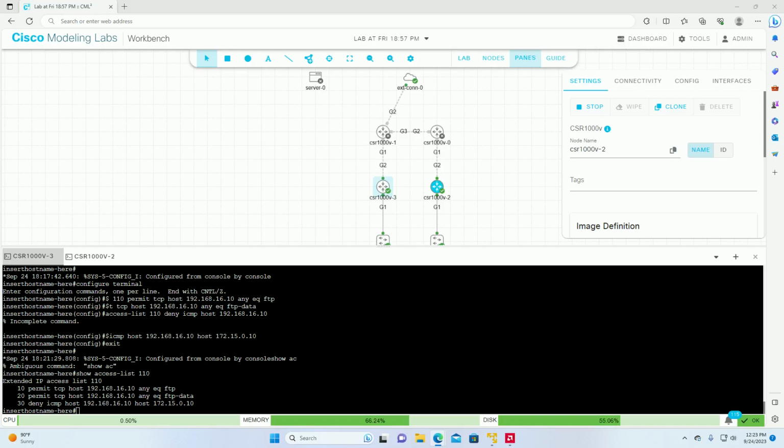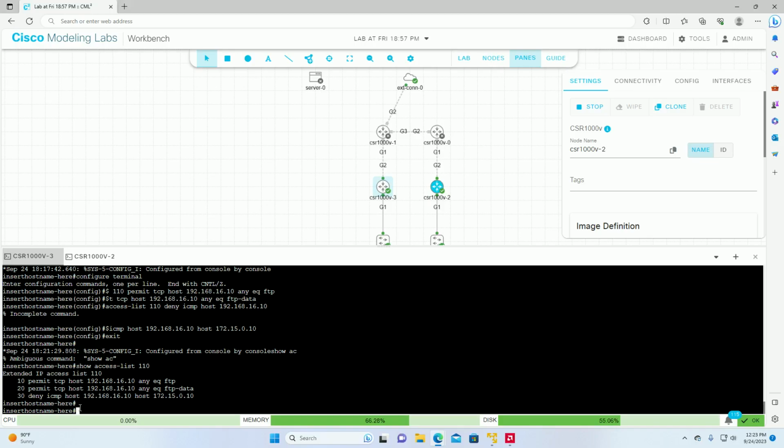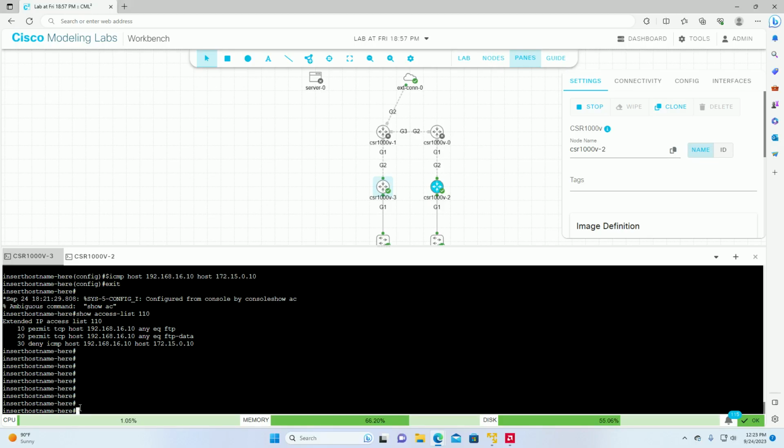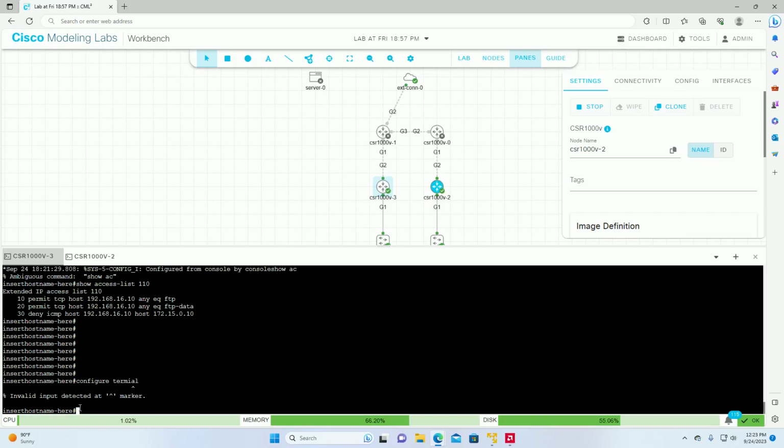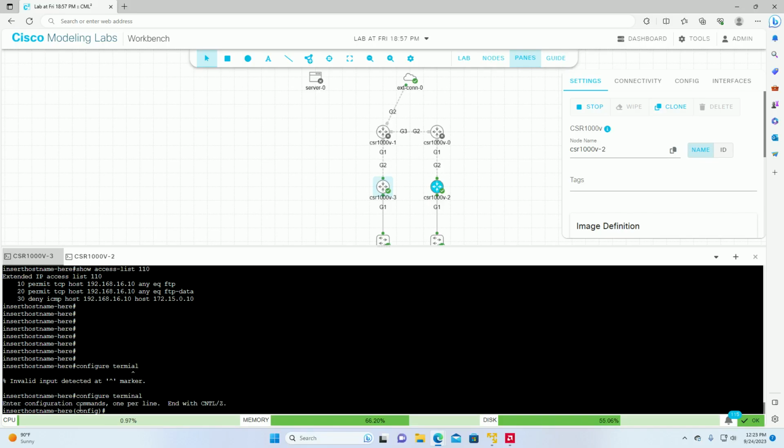For example, if you want to do IP access list